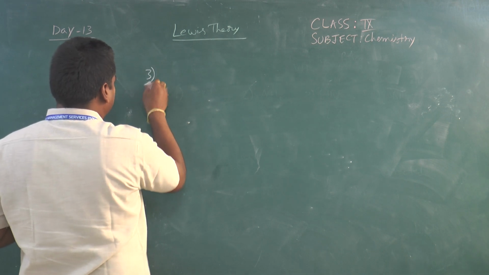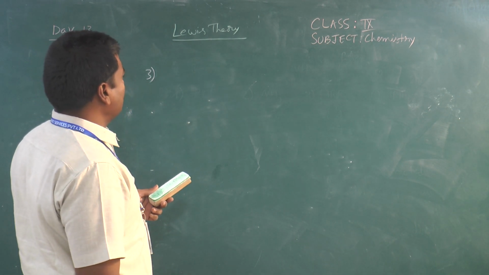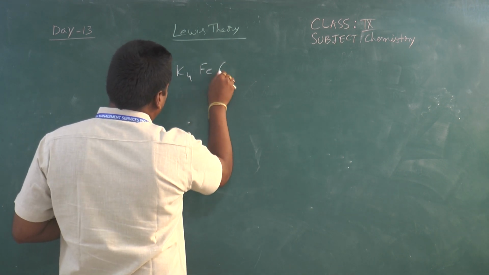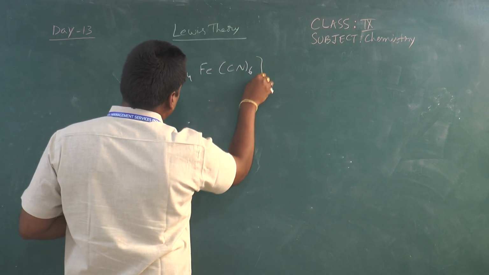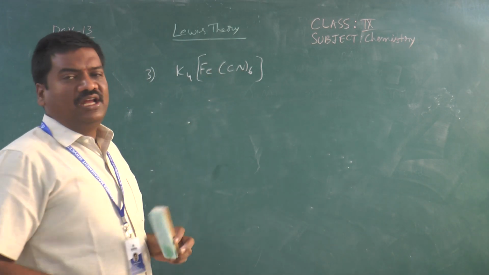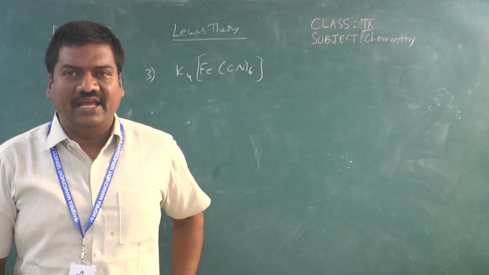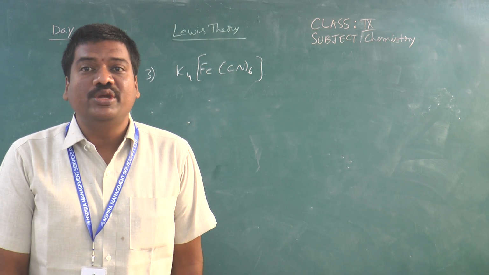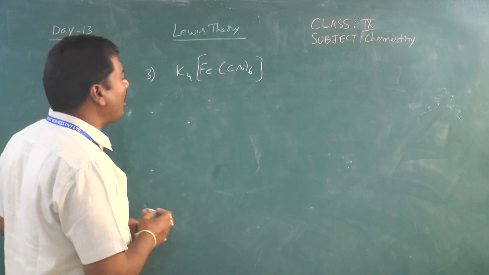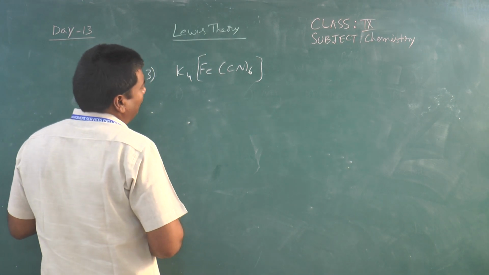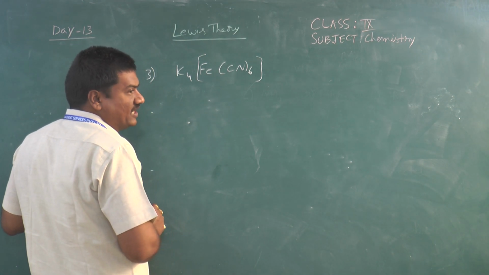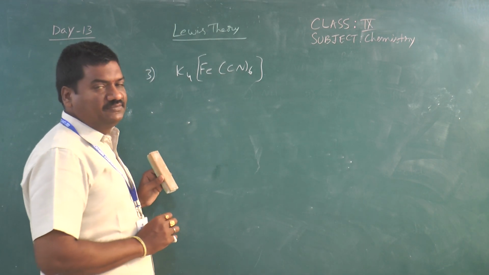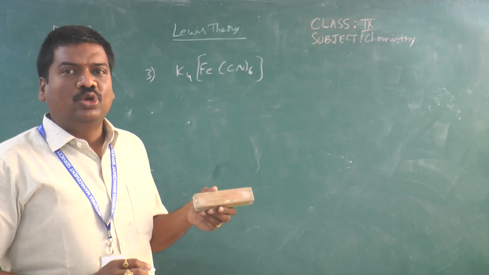For example, the third question: suppose in the potassium ferrocyanide molecule, K4Fe(CN)6, in this molecule what ion or element or molecule acts as the Lewis acid? They are asking about the Lewis acid in the given compound. First of all, Lewis acids means those which require electrons. Lewis bases are those which have a negative charge or a lone pair of electrons on the central atom, and they will act as Lewis bases.